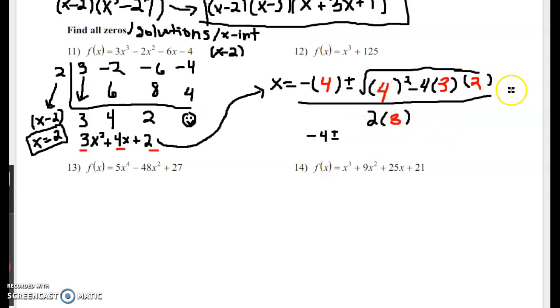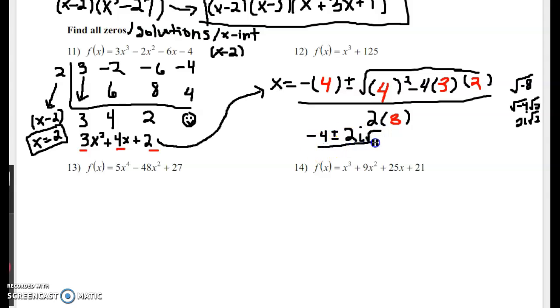So I'm going to do a little side work here. That's the square root of negative 8. And some of you, I made a lot of comments on your homeworks. Negative 8, I can't square root it, but there is a perfect square in it, negative 4. So this is the same thing as the square root of negative 4 times 2. And the square root of negative 4 is 2i. And this remains root 2. So this is negative 4 plus or minus 2i root 2